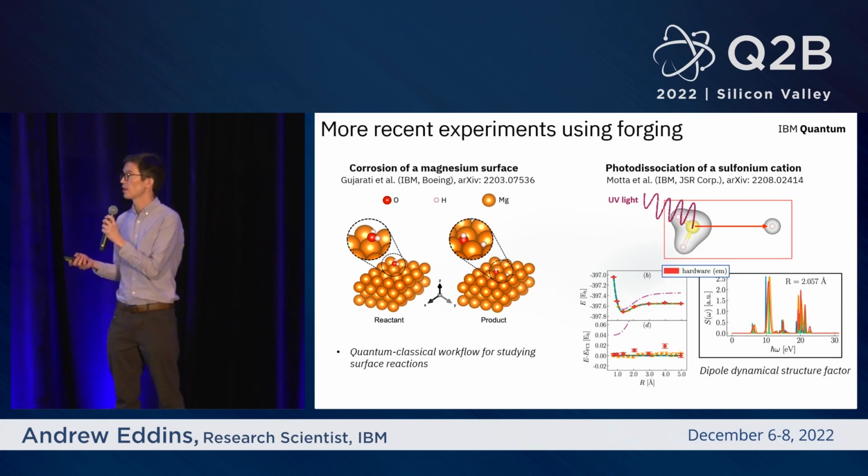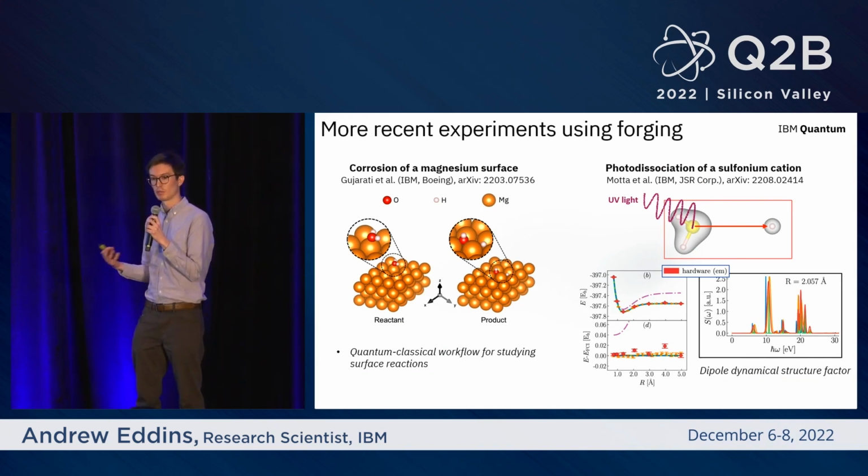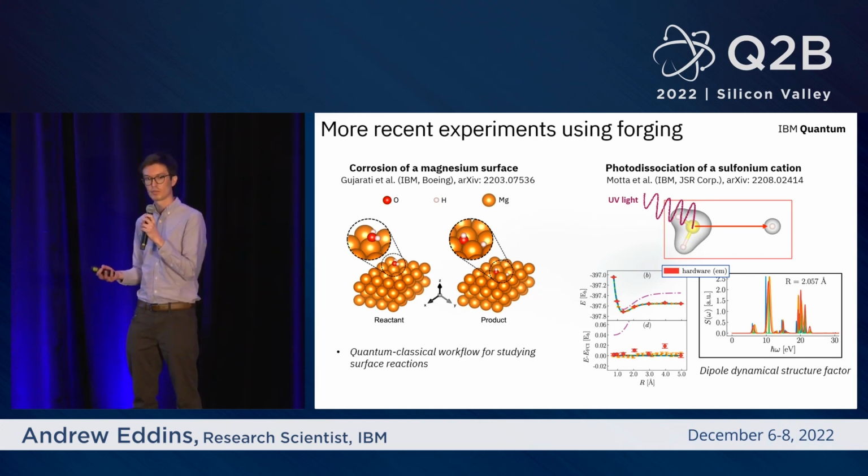Just to quickly advertise a couple more, that's all I'll say about the water experiment. A couple more recent experiments using entanglement forging. On the left, we have a collaboration between IBM and Boeing, motivated by interest in understanding corrosion properties of aerospace materials. There they used entanglement forging as part of a broader and more general quantum classical workflow for studying